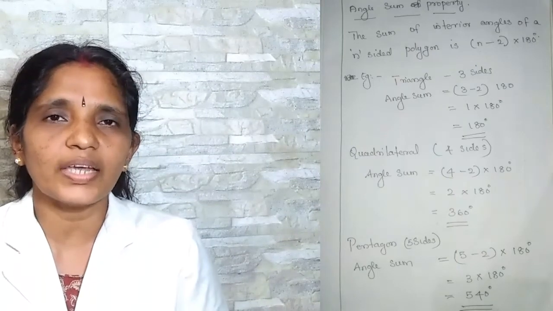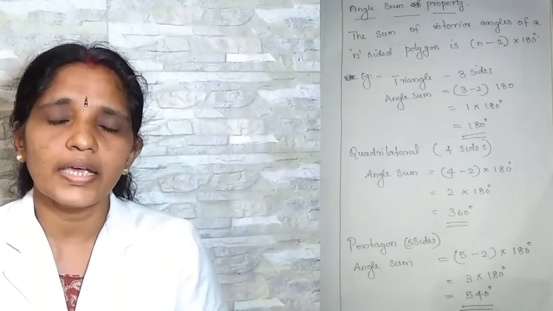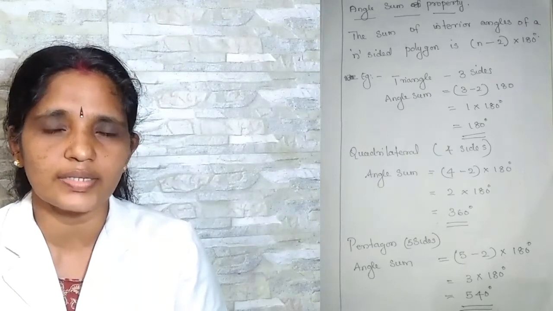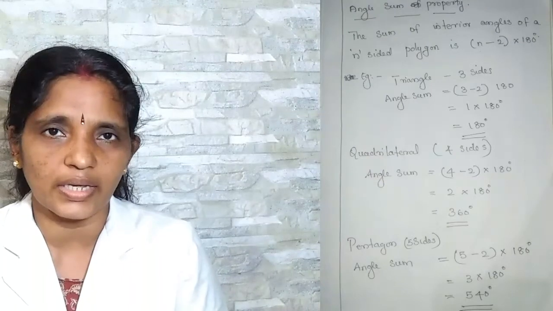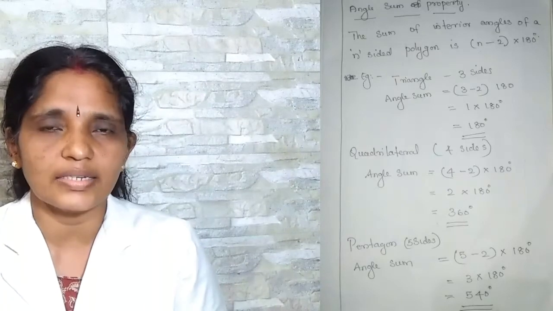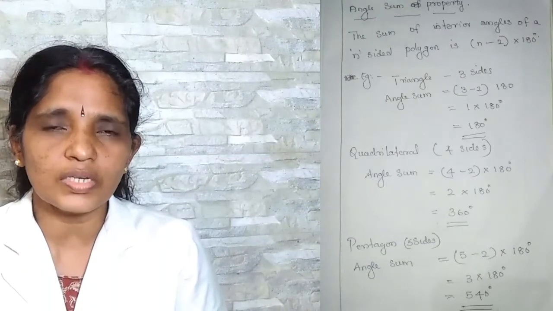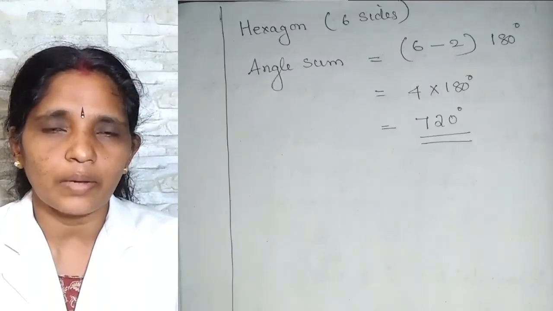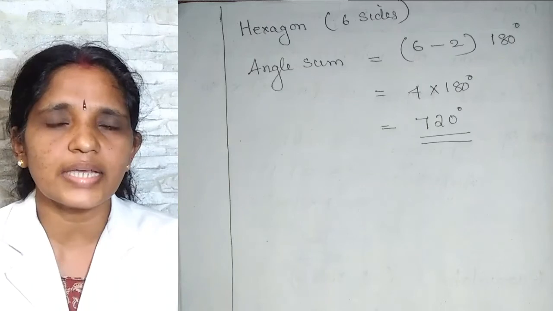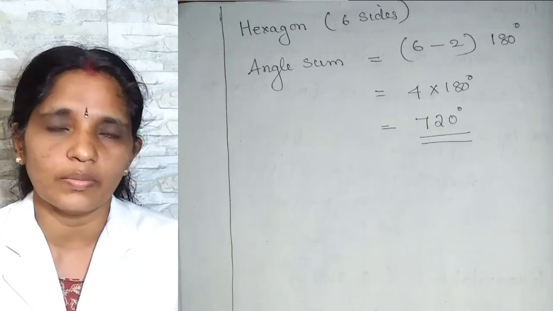Using this property, we can find the sum of angles in any polygon. That means the sum of the angles in a pentagon. Pentagon has 5 sides. So its angle sum is 5 minus 2 into 180. Sum of the angles in a hexagon. Hexagon has 6 sides. So 6 minus 2 into 180. So in this chapter, first point, we have this formula. The sum of the angles in an n-sided polygon is n minus 2 into 180. Using this formula, we will do problems. Okay.